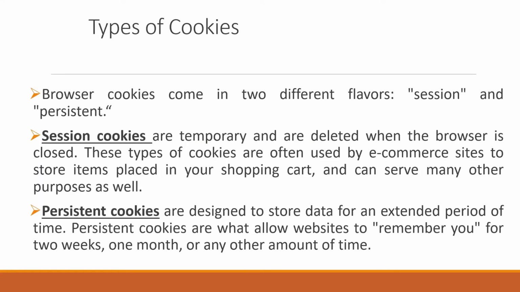So persistent cookies are basically longer. They stay longer in the browser, whereas with session cookies, once you close your browser, all the cookies will be deleted from the browser. So these are the two types of cookies that we have in the browsers, and they'll be useful for the kind of information which will be stored by the customer.